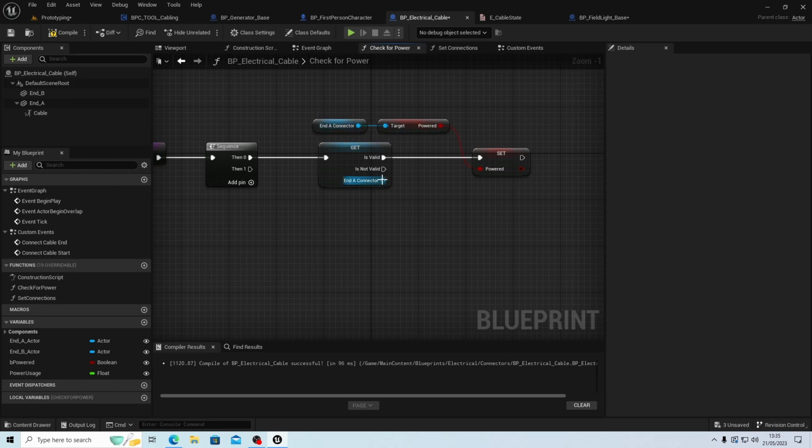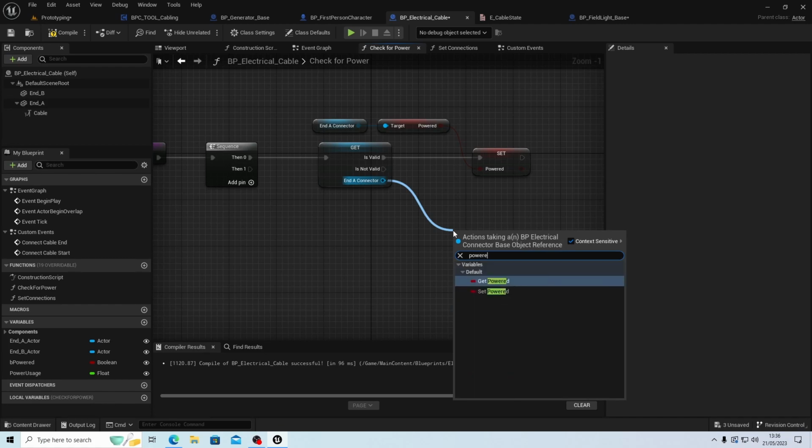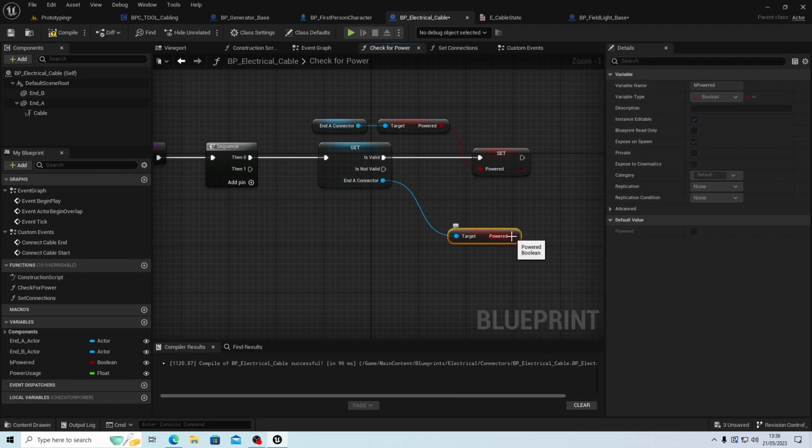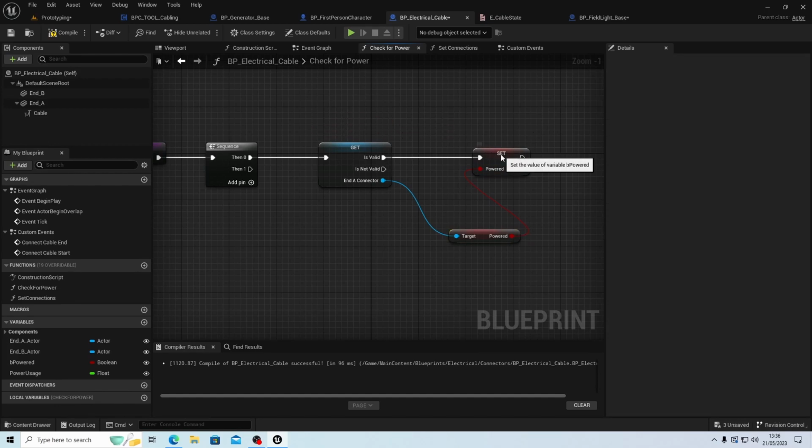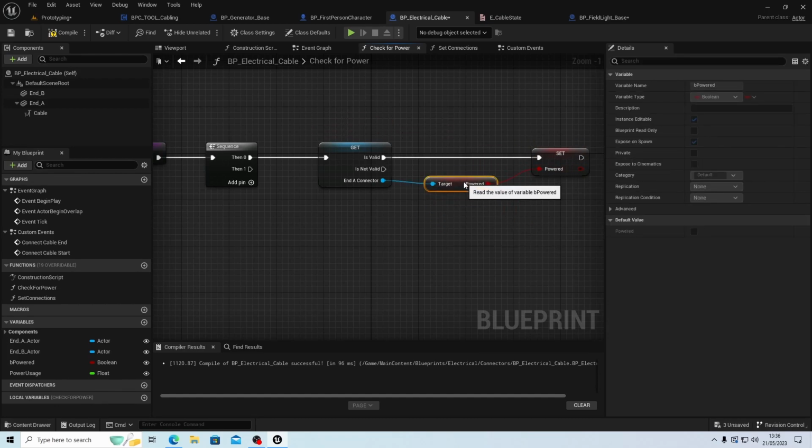Really didn't need that there. We could just tidy this up a little bit and just get powered there, hook that in there, and just get rid of that. We don't need two lots, do we? Bring that across and that up. Okay, so